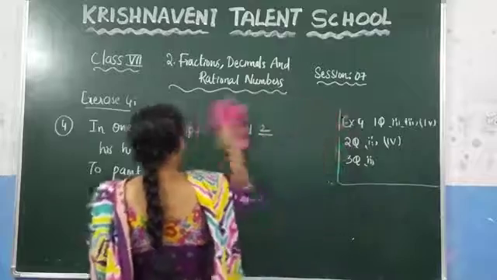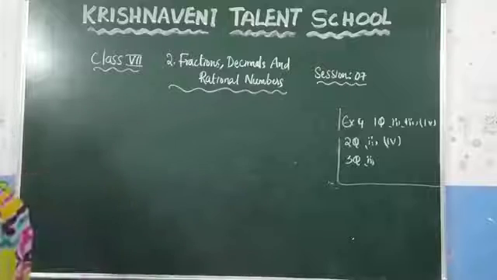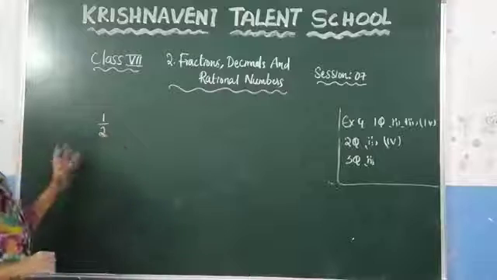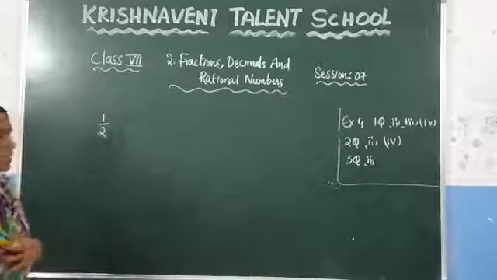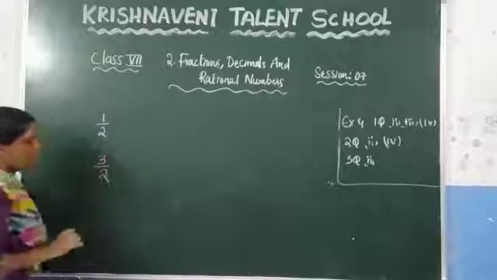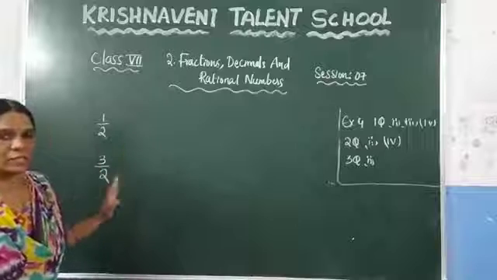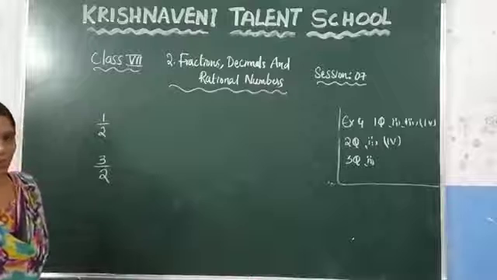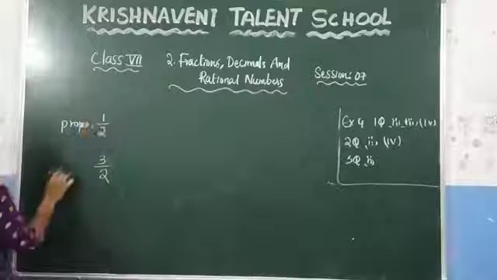Now just remember one point here. If you are given a proper fraction, you know that it is a proper fraction. What is a proper fraction? If the numerator is less than the denominator, we call it a proper fraction. Now let us consider an improper fraction, 3/2. It is the important bit. They will ask what is the reciprocal of a proper fraction and what is the reciprocal of an improper fraction.